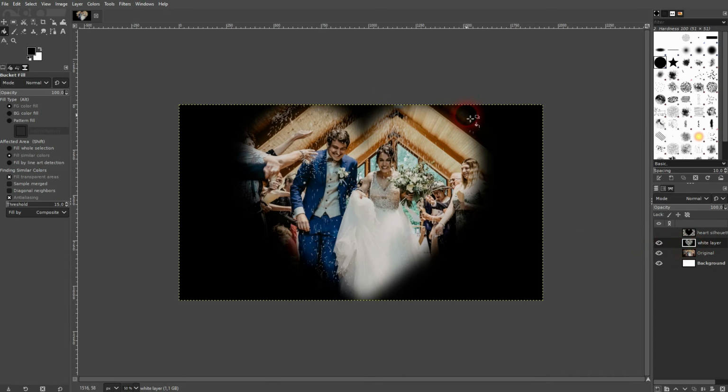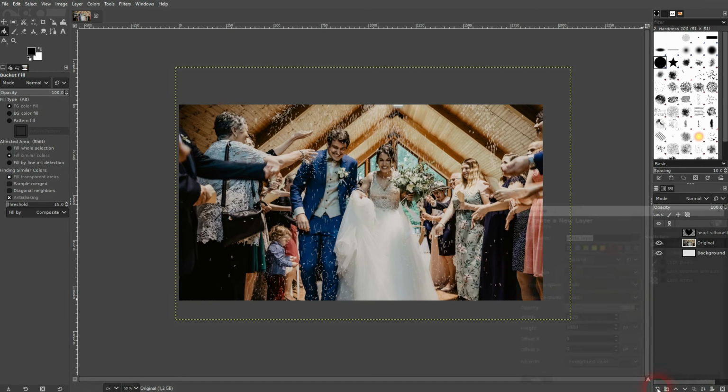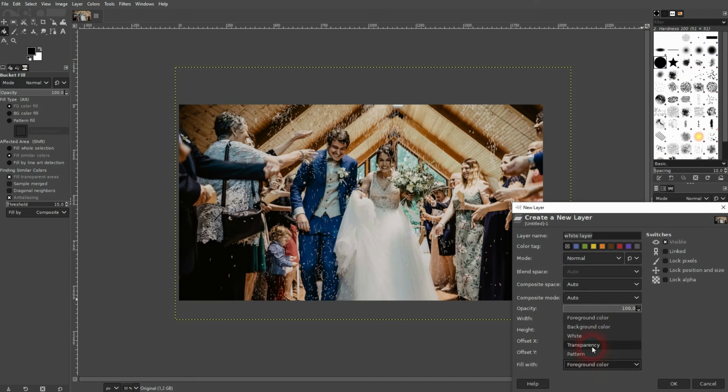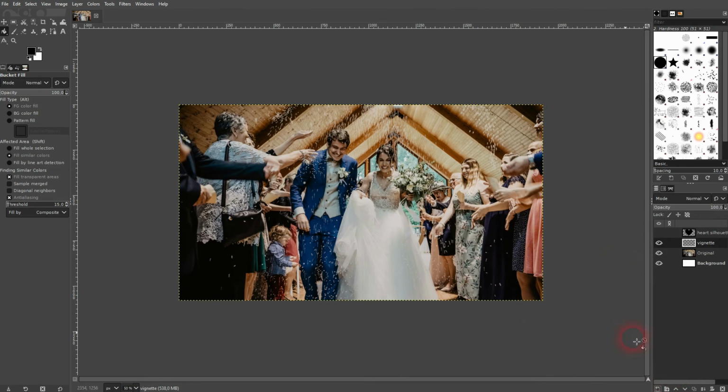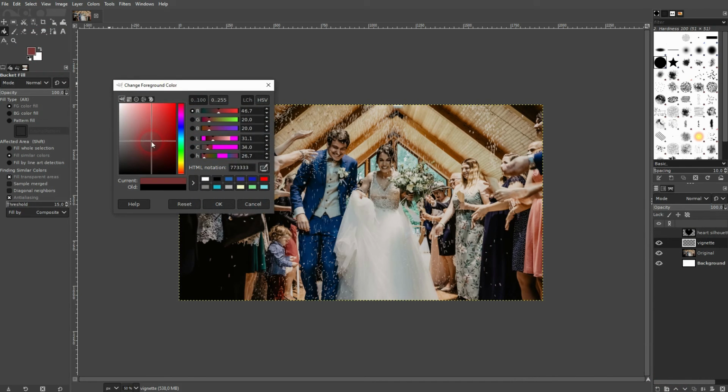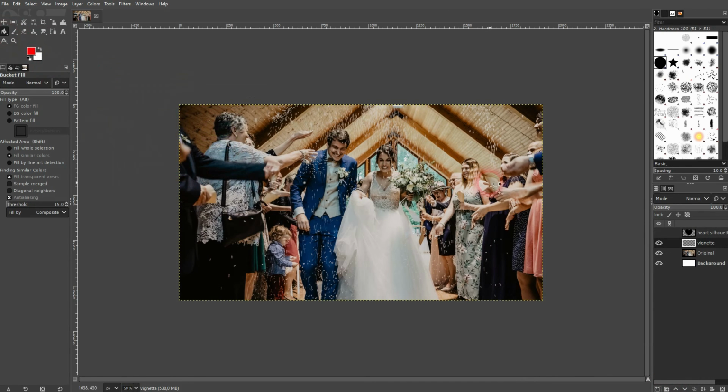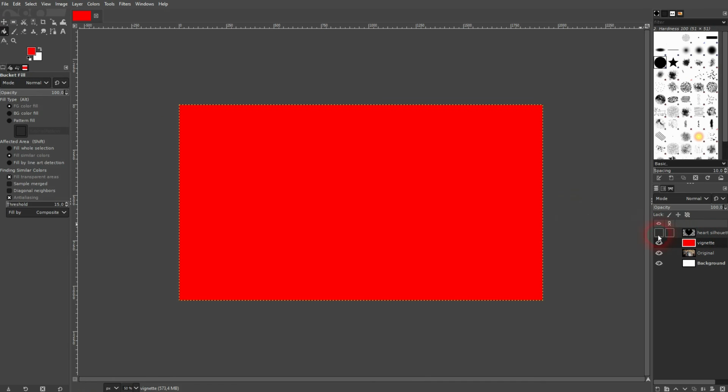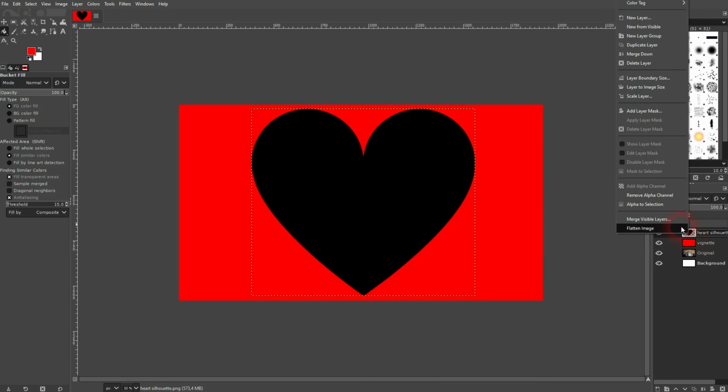If you want to have a completely different color, let me show this once more. New layer, make it transparent for now. And I'll just call this vignette. Then go to your color swatches, double click on it, pick your color, maybe red. Then use the bucket fill tool, left click on this layer, and here again alpha to selection with the heart